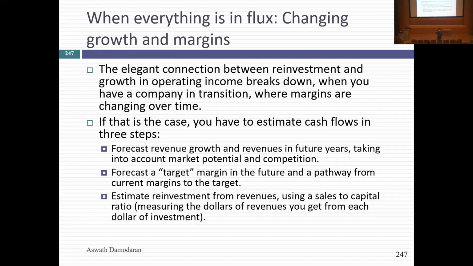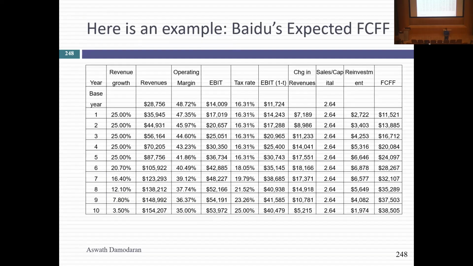The denominator there is the same denominator we use for return on invested capital. It's book value. But instead of looking at income versus that, I look at revenues. So the higher that number, the more efficiently you're delivering revenues. So for every dollar of capital, you deliver $5 of revenues, you need to reinvest. So tell your story about the company. Think through what does it mean in terms of growth, margins, and reinvestment, and you've got the free cash flow.